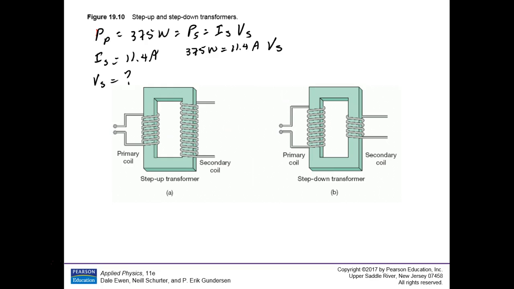How do we get V sub S? Hint, these divide by 11.4 amps. By 11.4, both sides. You've got to do the same thing to both sides, be democratic about it. Okay, this wipes out, and that gives you V sub S is equal to, pull out your handy dandy little calculators, and that's going to be something on the order of